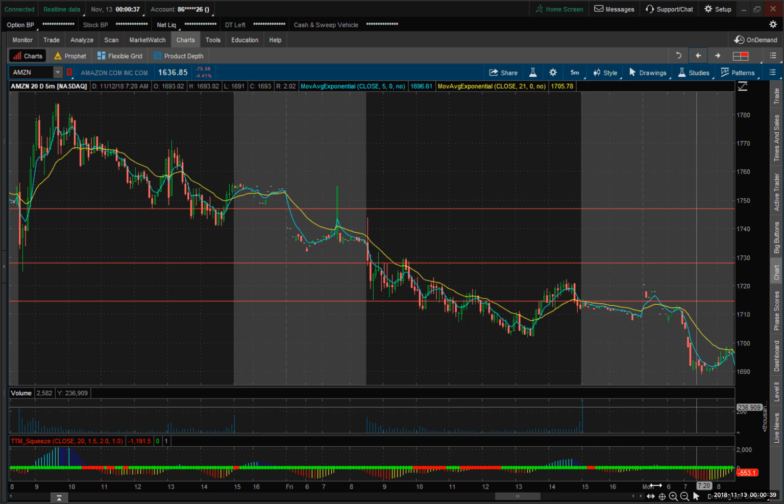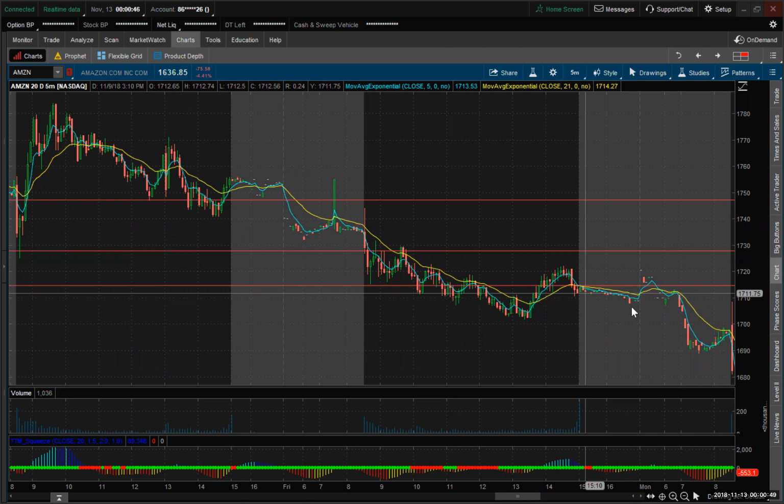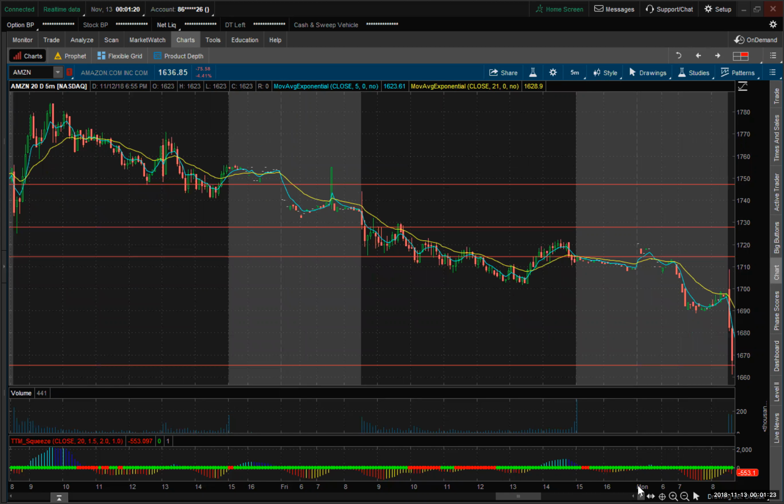So what's really crazy here is the first 5 minutes. It ran up, stayed below this line, actually came back up into pretty much the after hours low from Friday, and reversed. And I was trying to actually buy puts right here in the virtual account, and there was an issue with it filling the order. I'm not even sure why it didn't work, but Amazon just collapsed from here, just dropped, and engulfed pretty much all of this from pre-market,